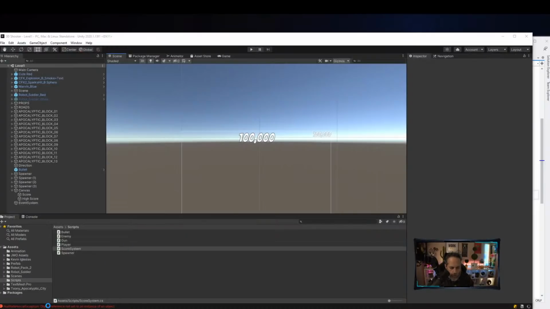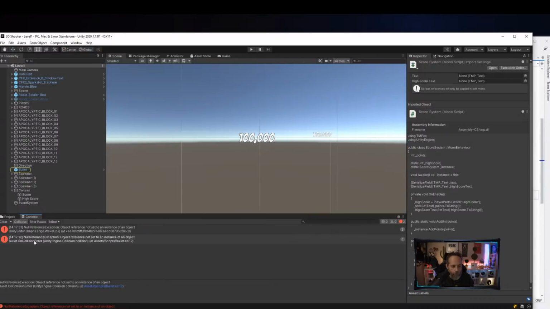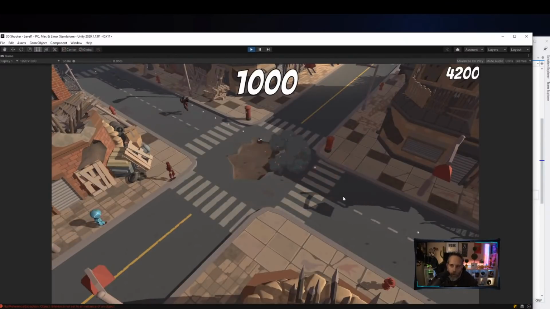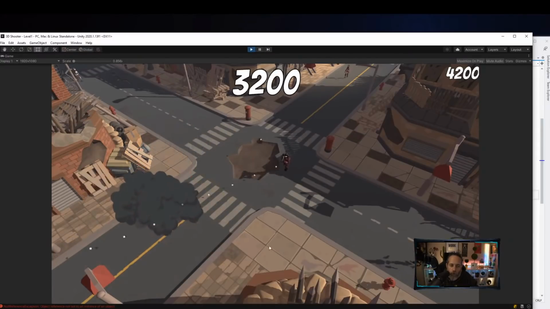Check out what this error message is, by the way. I assume it's just the, ooh, there's something with a bullet. We'll check that out in a second. Let's hit play, see what's going on, and then we'll check out the error message. So come in here, high score is showing up as 4,200. Looks good. And if I get a higher score,